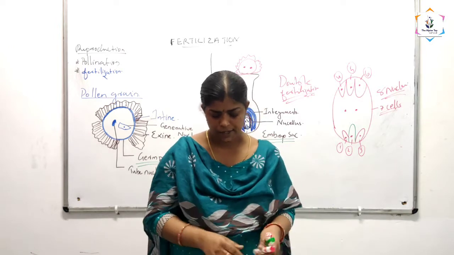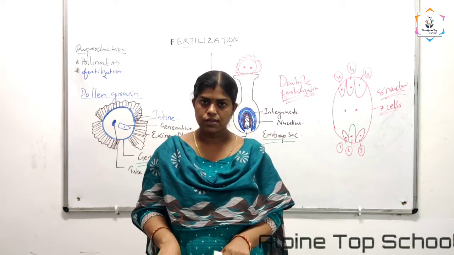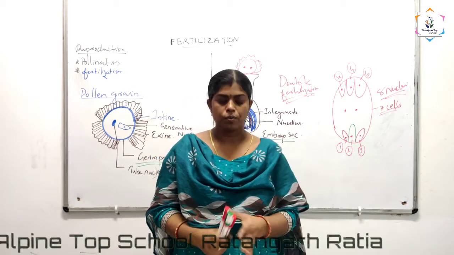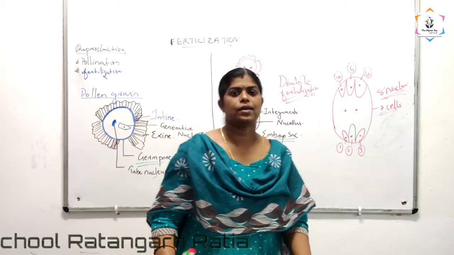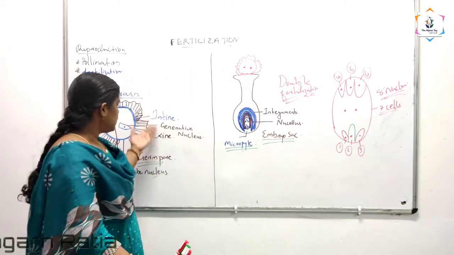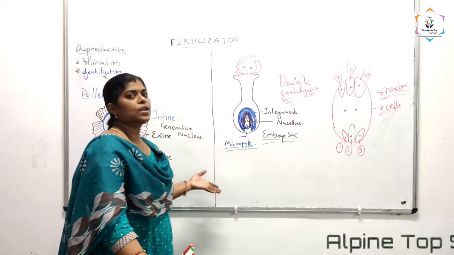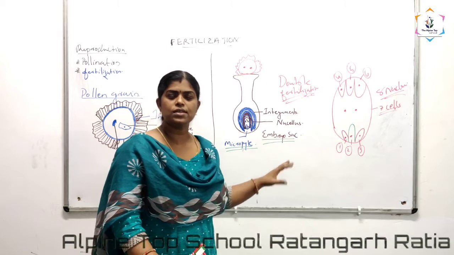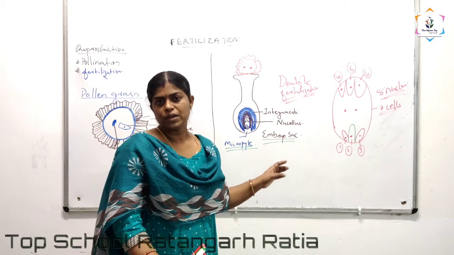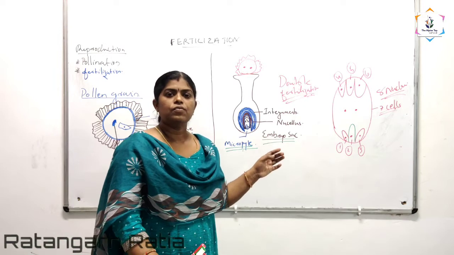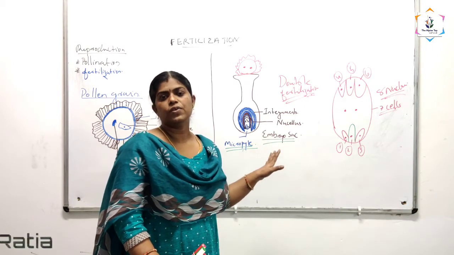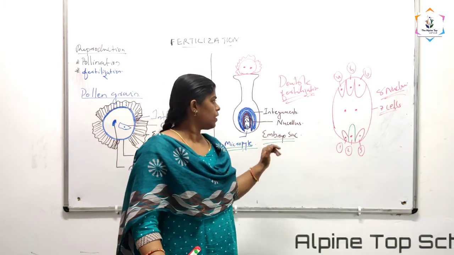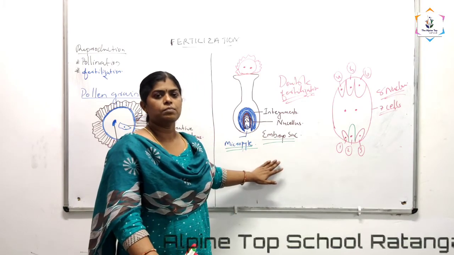Okay. And in our next class we are going to see the post-fertilization changes, and I know that there are so many new terms that I have used in this class, like integuments, germ pore, tube nucleus and generative nucleus, isn't it? Antipodals, synergids, all these are new terms. I know that it will be a bit difficult for you. So if you are feeling any difficulty, just pause the video and go back, watch it once again. Like that you have to clear your doubts. And in between, if you are feeling any difficulty, you can make a call to me.